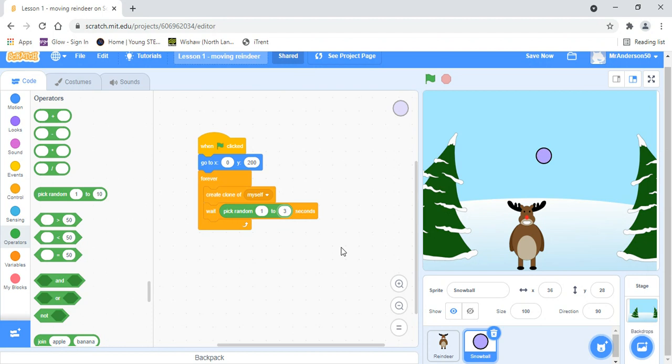If you want to check what that actually does, then you can just click on that bit of code, and what you'll see